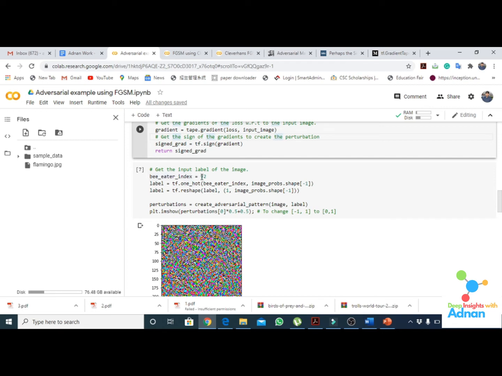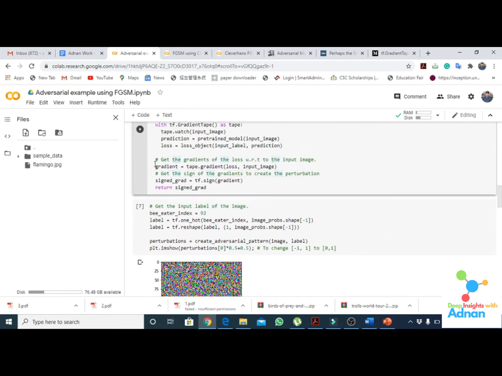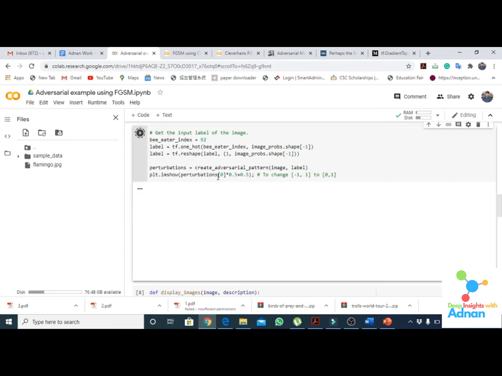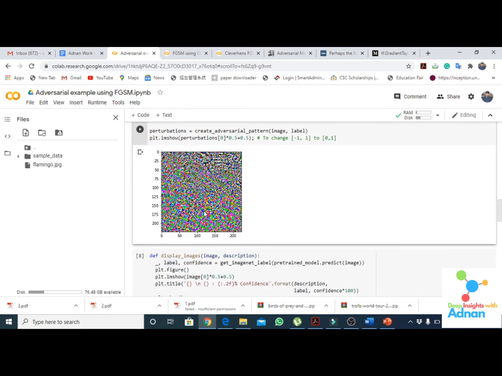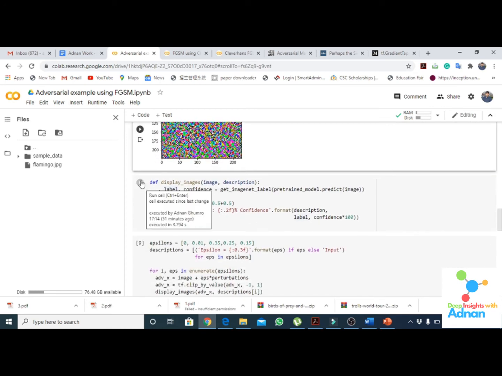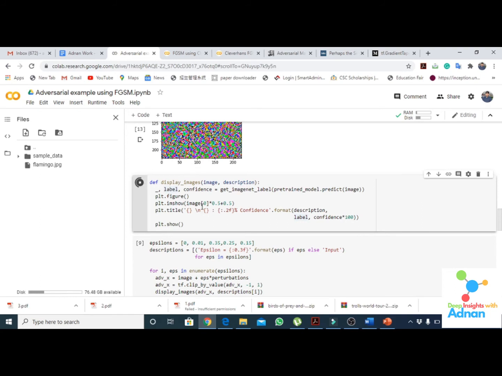You can assign any index randomly here, because this is an untargeted attack. After that we have a one-hot vector with which we compare our class with the 1000 classes, using the image probability shape. And after that we reshape our label. Let's run this, and here we can see that the perturbations are created. Okay, now let's display our image here.